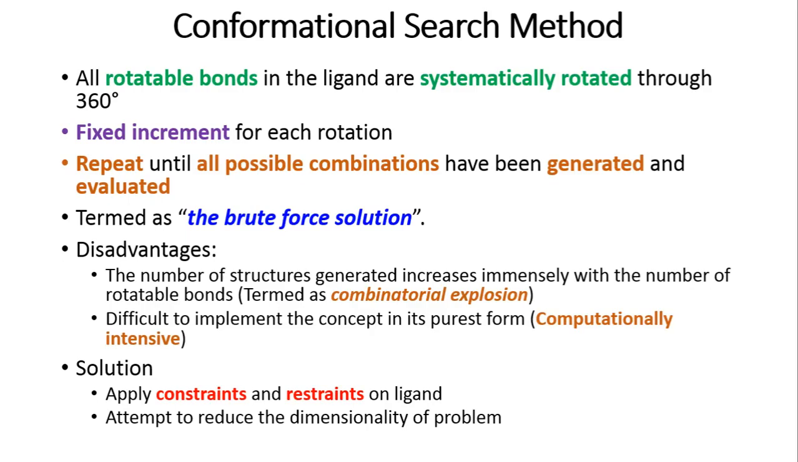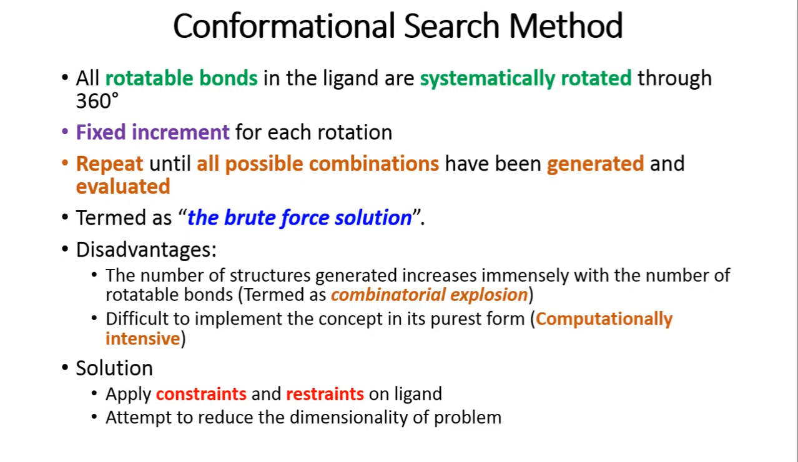Rotate every bond, calculate its conformer, and then try to fit it in your protein and try to figure out if it forms a proper complex or not. Okay, so it is quite computationally intensive. So the solution is that you try to apply constraints and restraints on the ligand. Okay, so when we say that we are applying constraints, constraint means when you say that you are applying a constraint on some two atoms, what exactly you are doing is that you are allowing a fixed